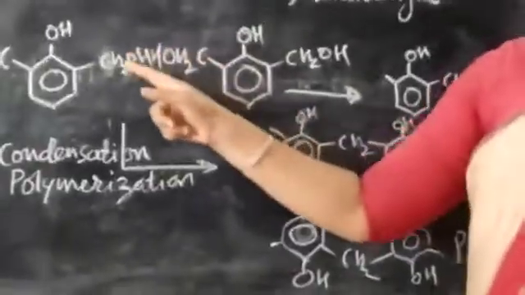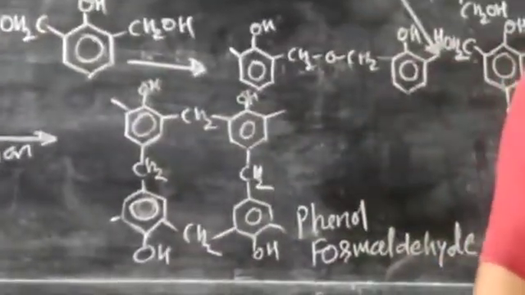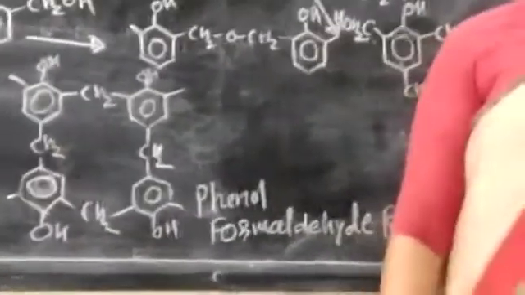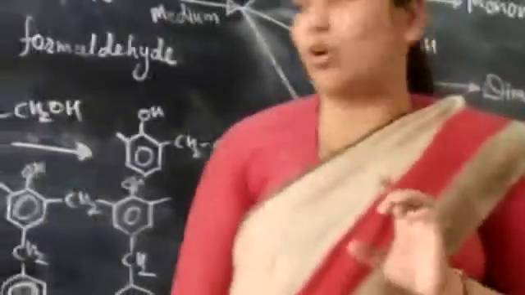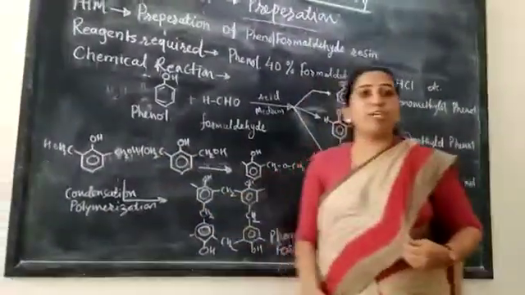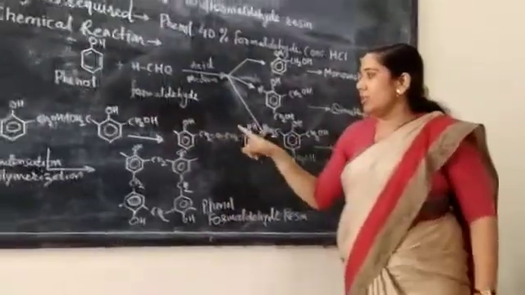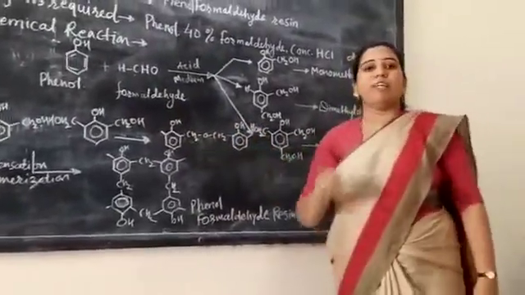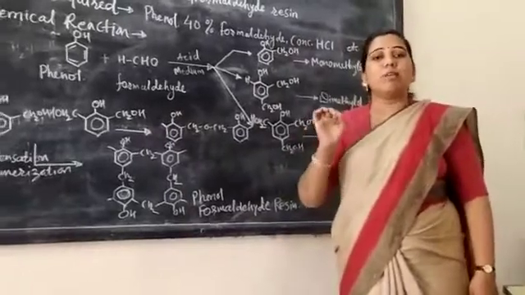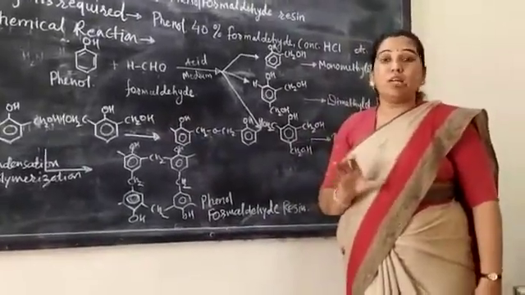You can see just above my hand, this phenol OH, CH2OH and this CH2OH. If there is a removal of an H2O molecule, as a condensation reaction always removes simple products like H2O or HCl, here there is removal of H2O. Whenever this H2O gets removed, there is a formation of such a linkage, CH2OCH2. It is called an ether linkage.